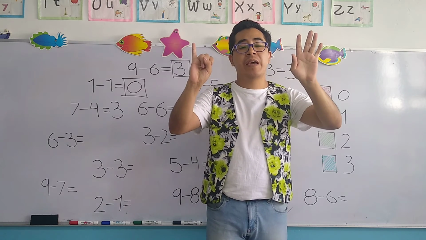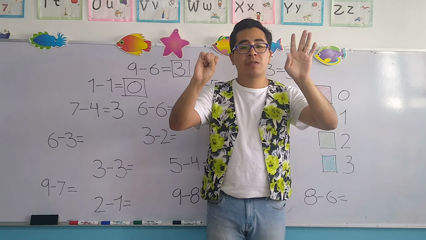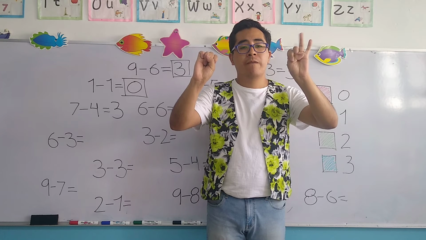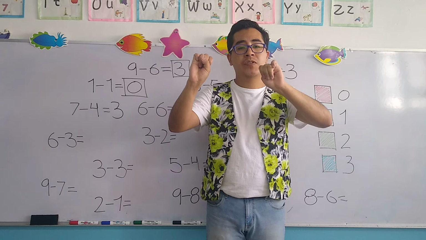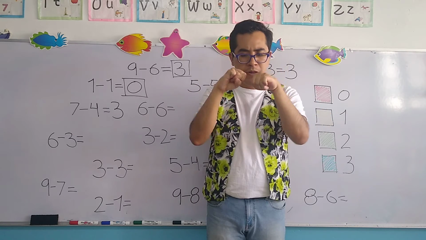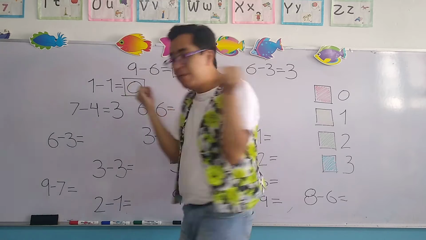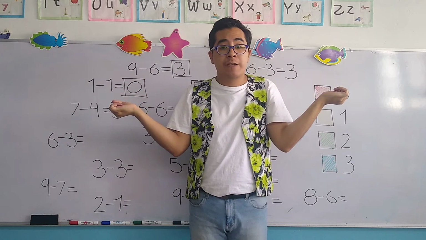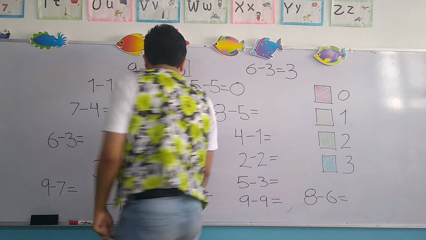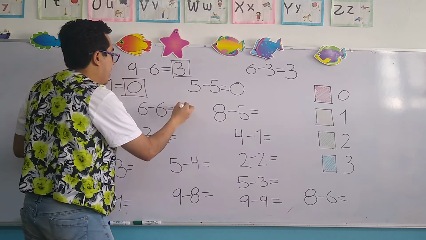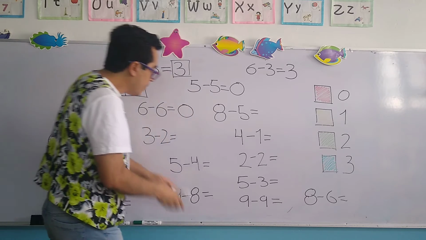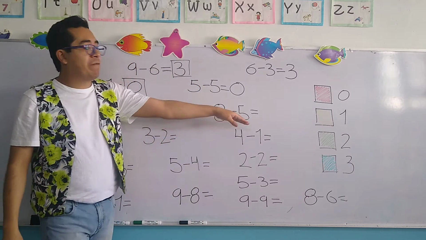Tenemos que quitar 6 deditos. 1, 2, 3, 4, 5, 6. Where are the fingers? No fingers. So what's the result? 0. Resultado 0. Let's continue with the final